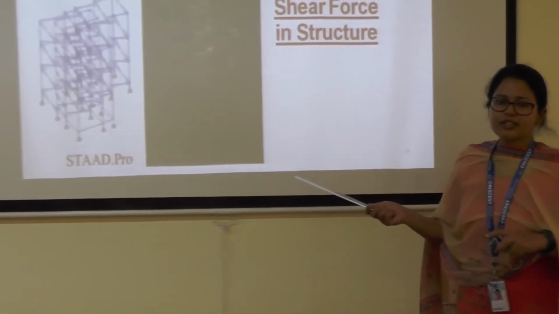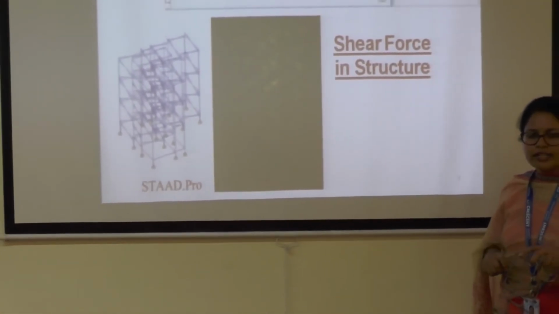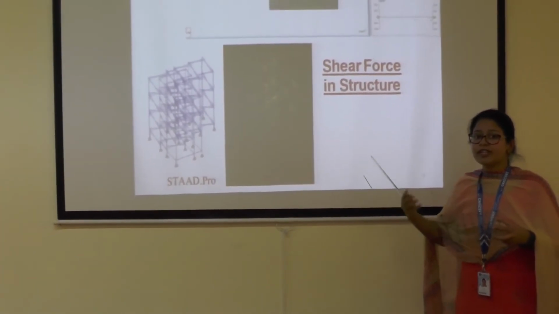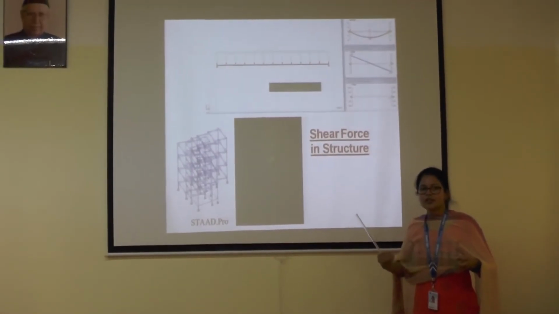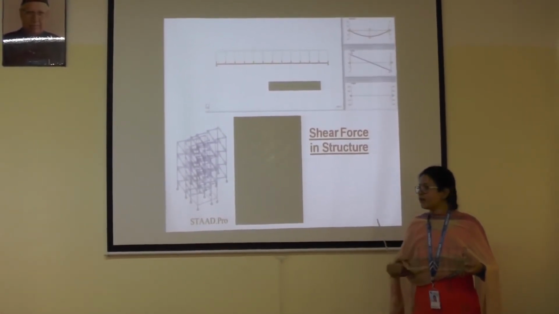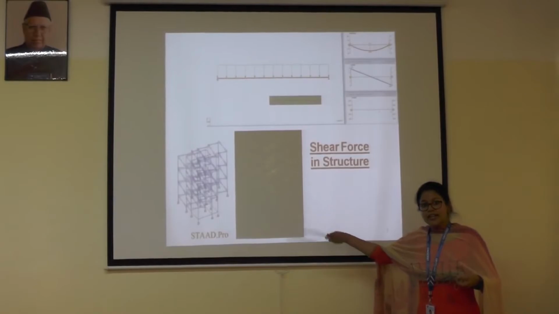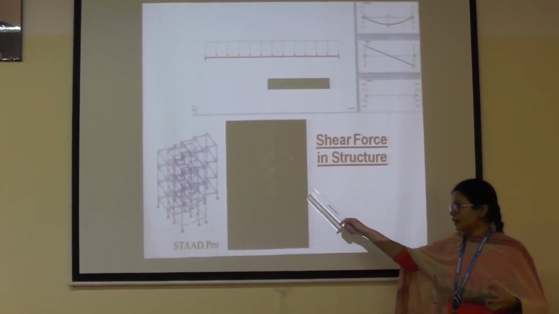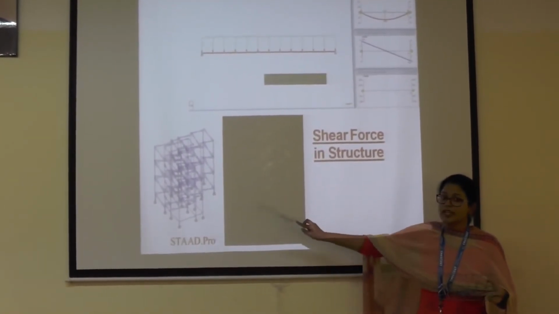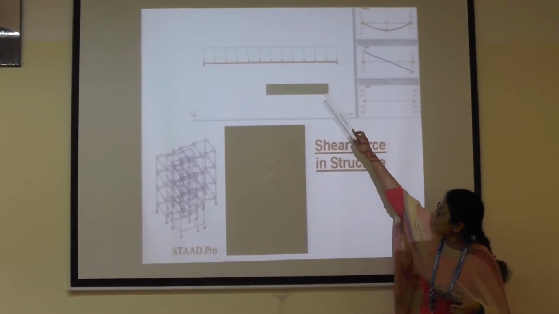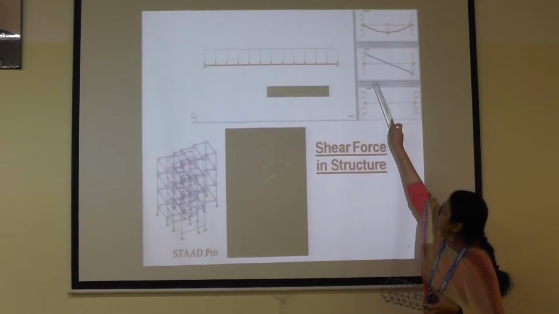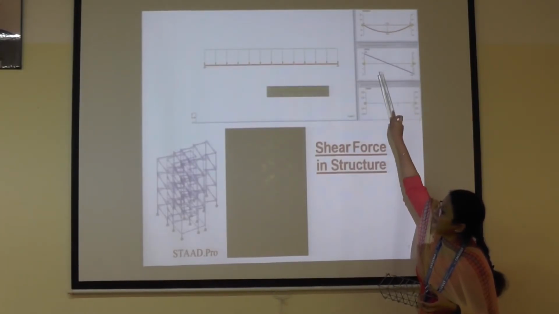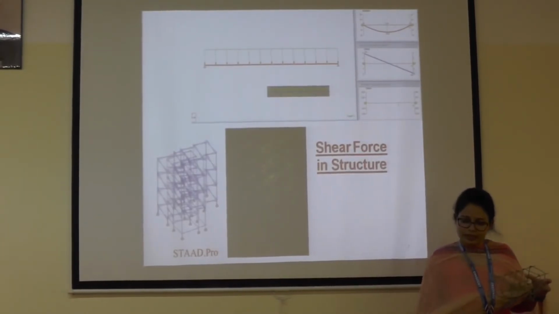Using analysis software such as STAAD.Pro and ETABS, you can analyze what is happening internally in the building. For example, if our leg gets fractured, we take an X-ray. Likewise, here we analyze the internal part of the structure. We can see the shear force and bending moment through the software. If I take one beam and double click using the software, I can easily generate the shear force, and according to the shear force, I can provide the stirrups in the beam.